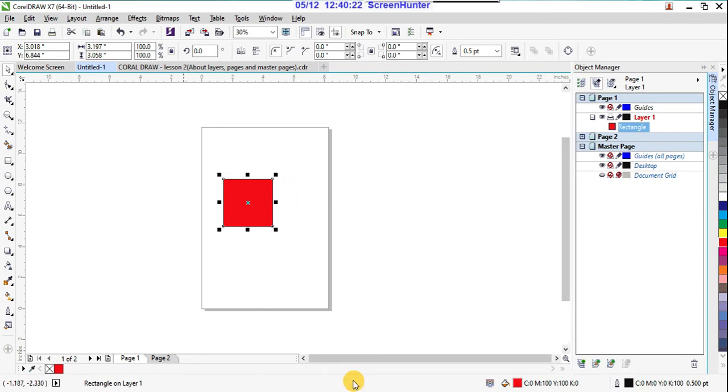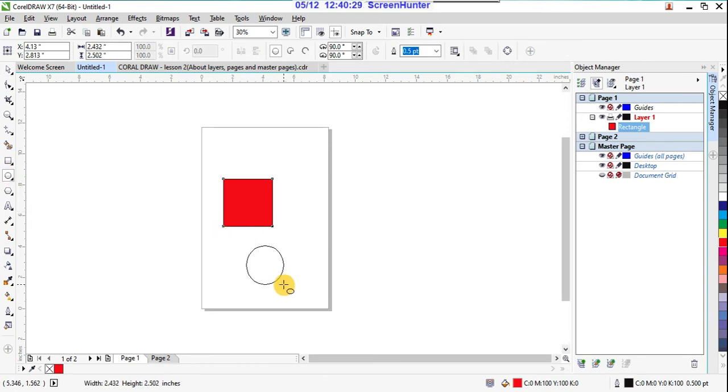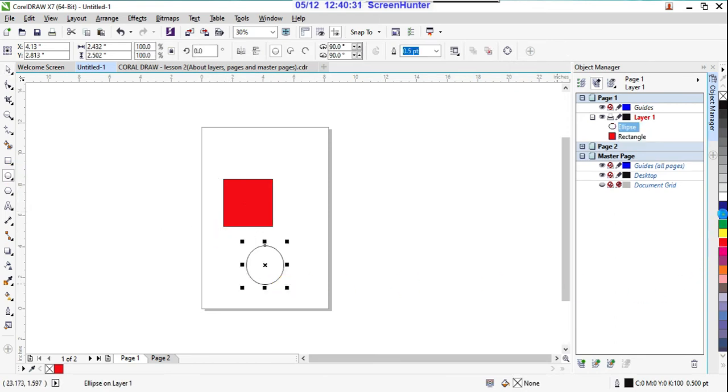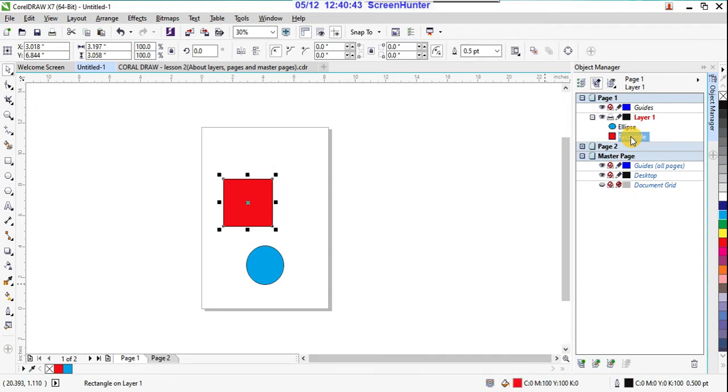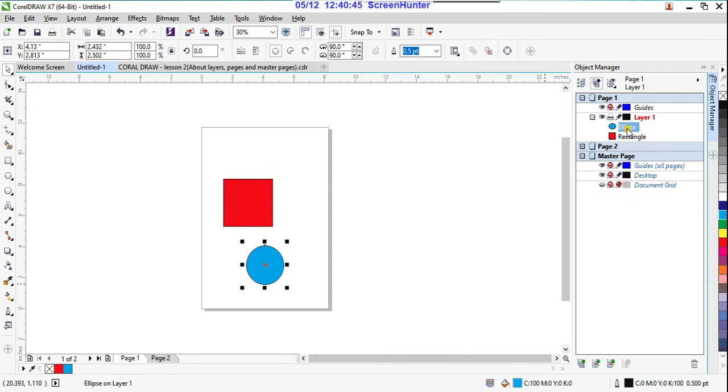And suppose I'm drawing one more object here, and I'm filling it with green. Now see, if you observe this, you just added an ellipse, so below that is the rectangle. Suppose you click on either, or you can click both simultaneously, right?